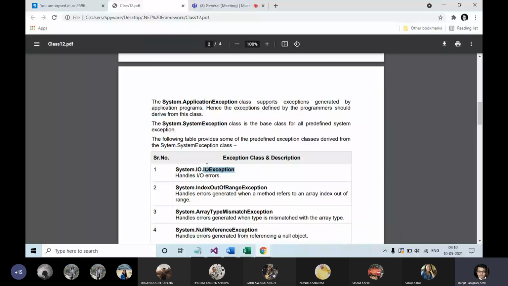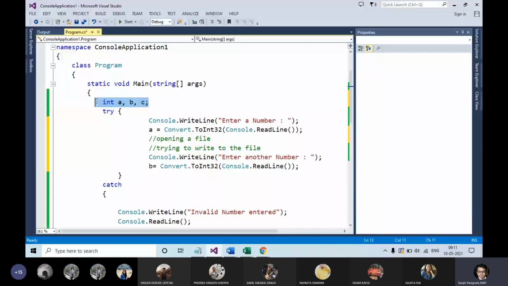Input output programs. So for example, you are declaring a variable. In a program, basically what you used to do is declare some variables, isn't it? Int A, B, C, you are declaring variables.